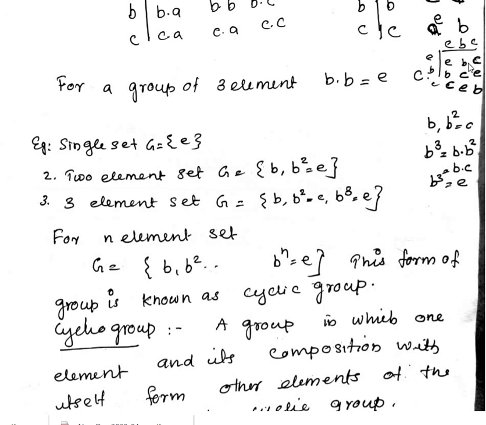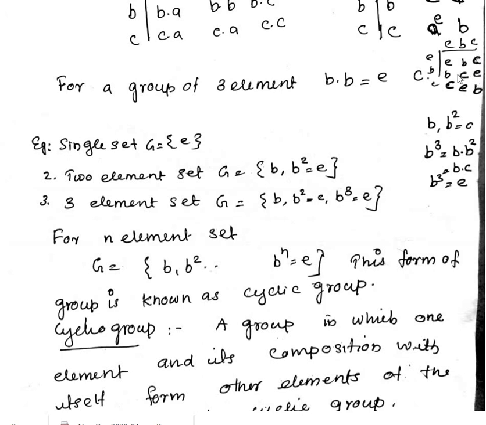So it is B. So this element should never be B, because B appears in this column once. So here is B. So B should not be here in this column and in this row. So this should never be B. It may be E or C, but if we write C here, the C is repeating in this column.